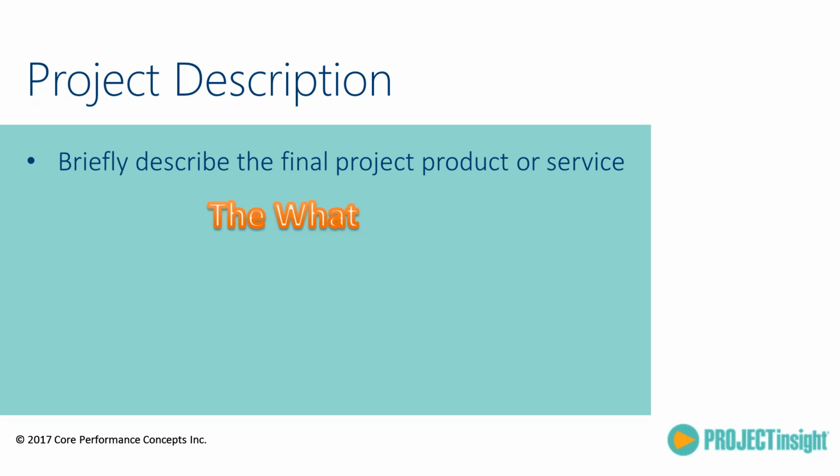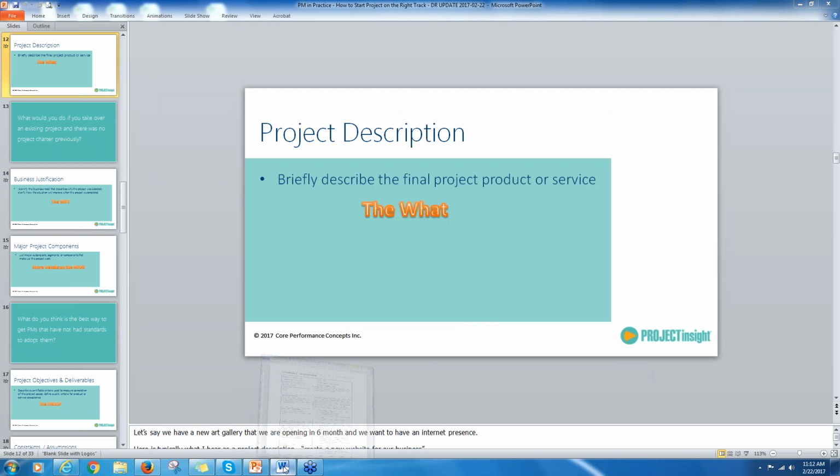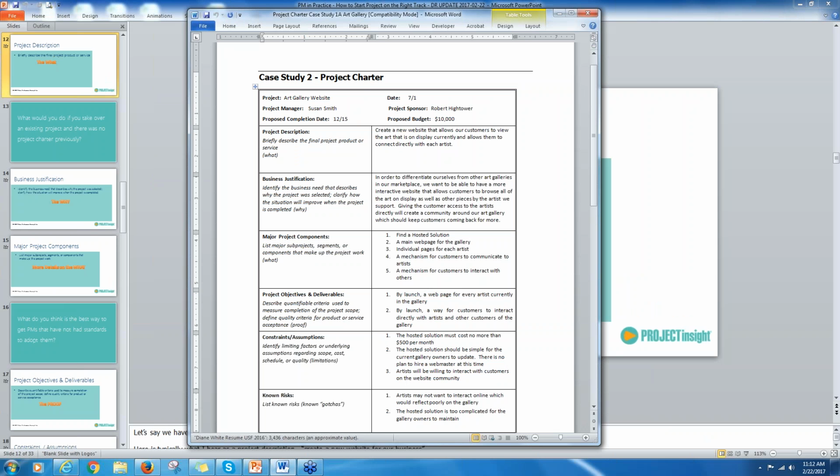And I like that. I like the way that that is phrased in understanding the what and just adding a little bit to it from a business perspective. So let me bring up that project charter for just a moment to give you a visual. I like visuals, always good. Hopefully you can see the charter here,